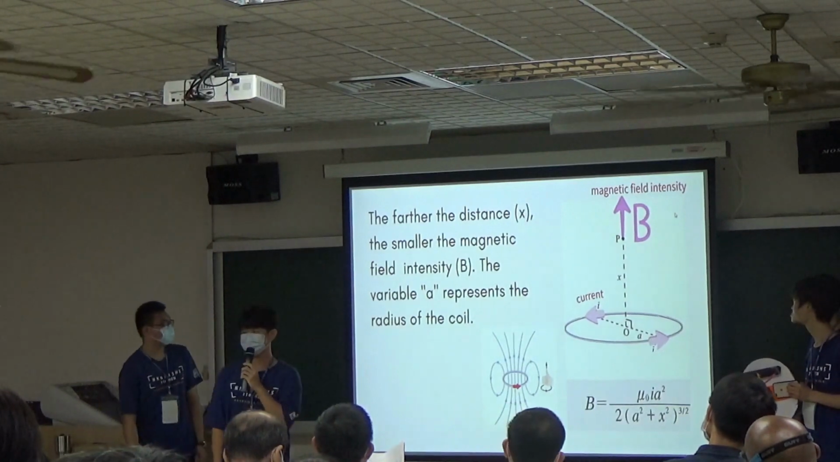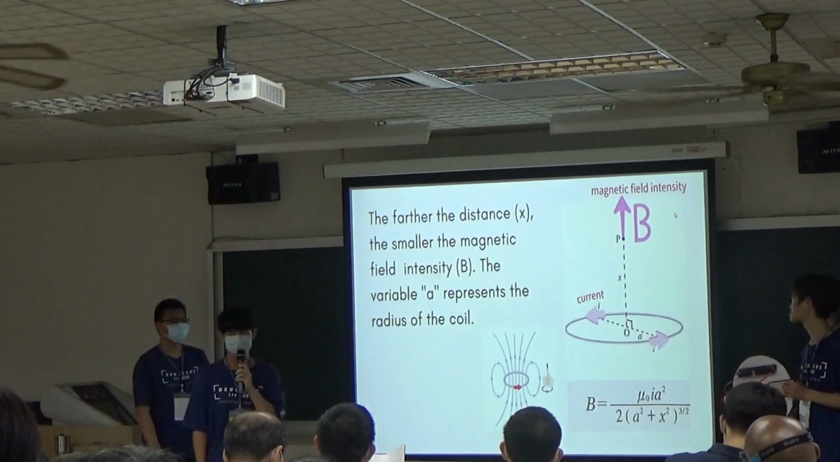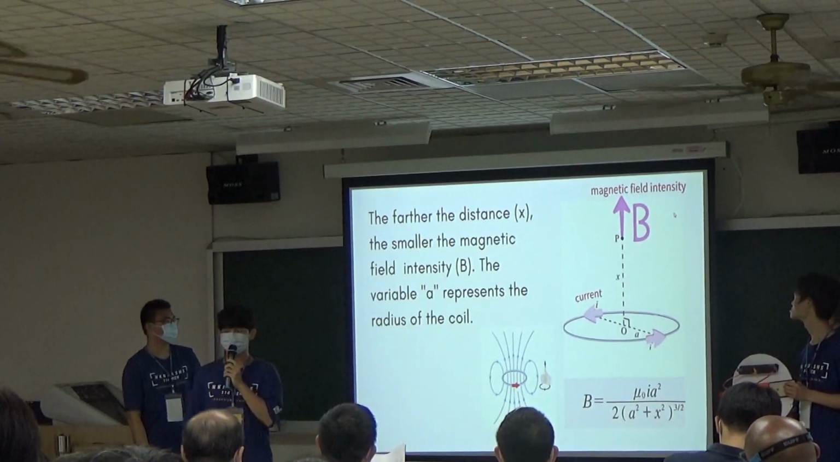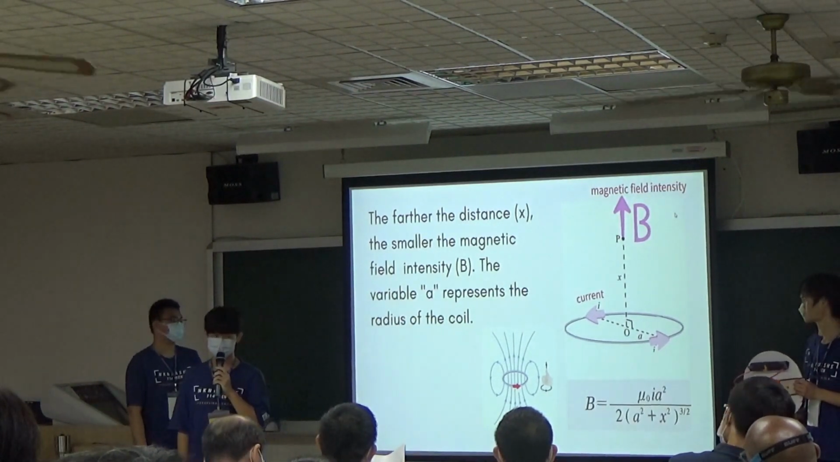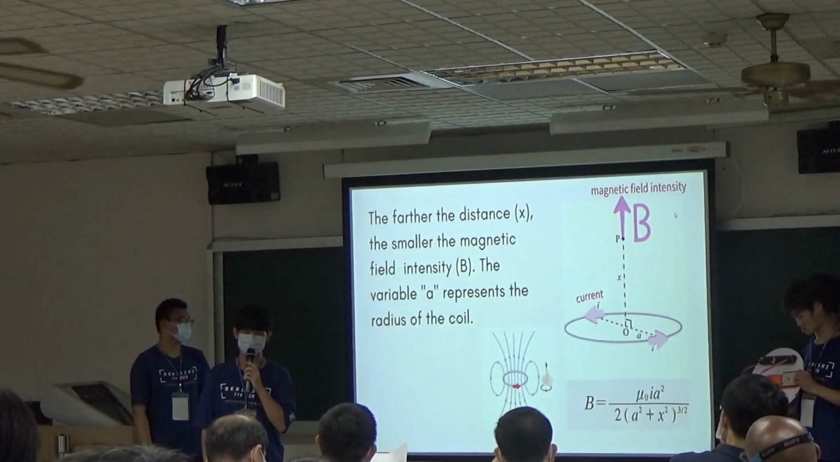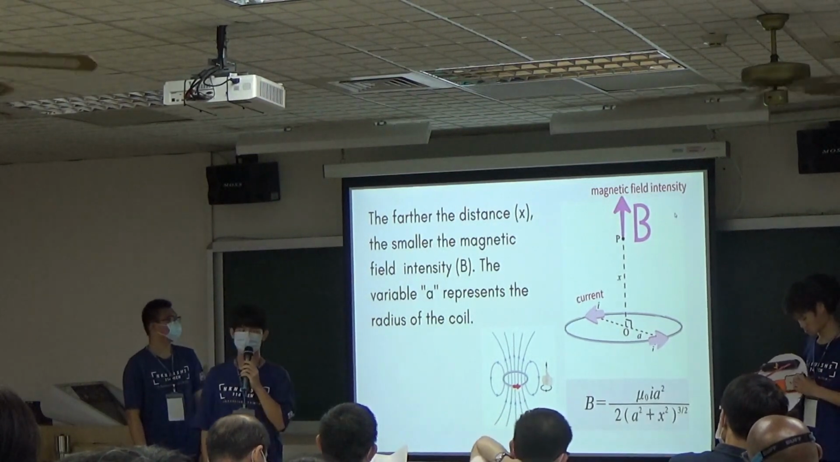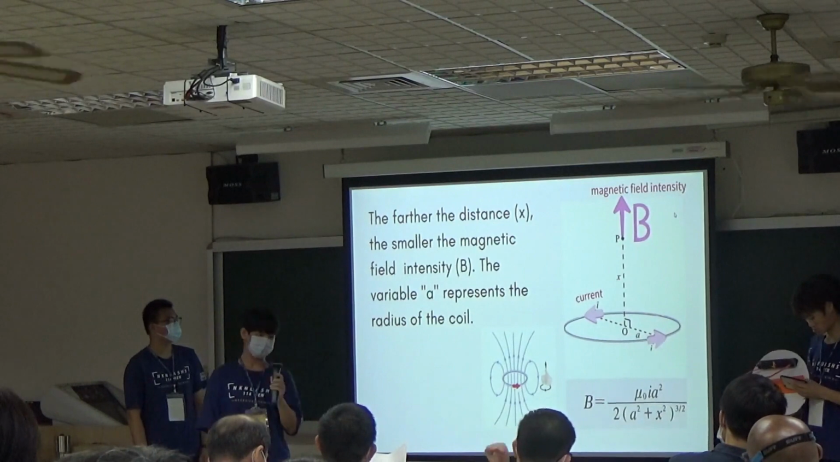The farther the distance x, the smaller the magnetic field B. N represents the ratio of a radius of the coil. Coil 就是线圈的意思。在 P 点为放置磁力计，当线圈离磁力计越远时，磁场强度也会越弱。